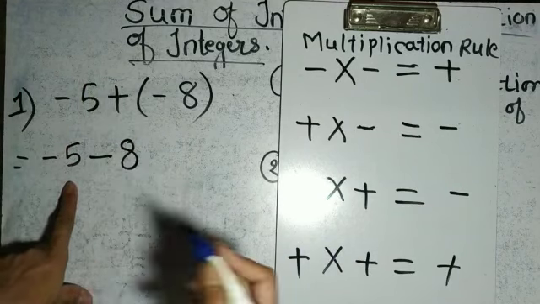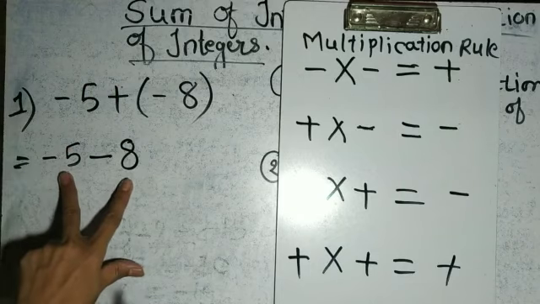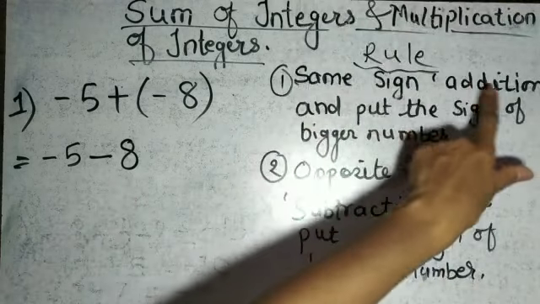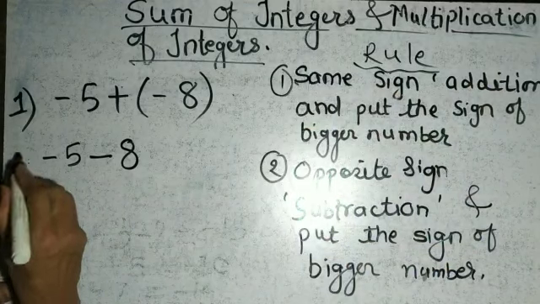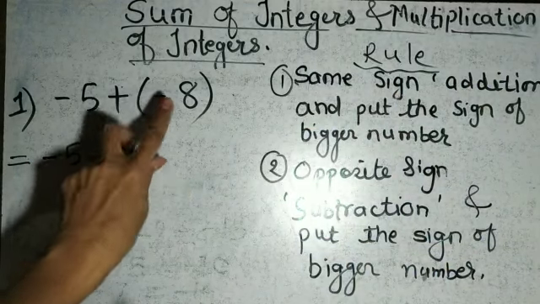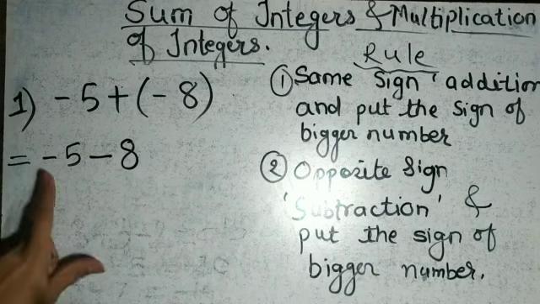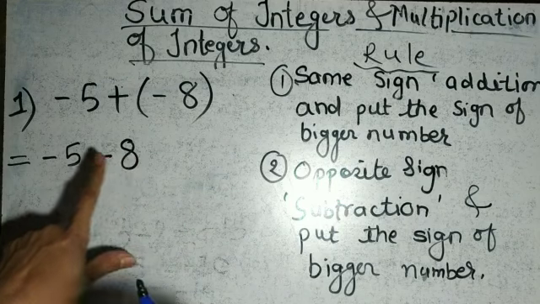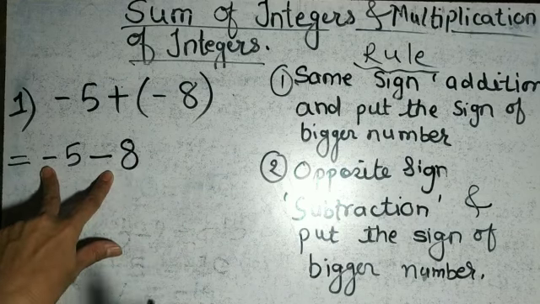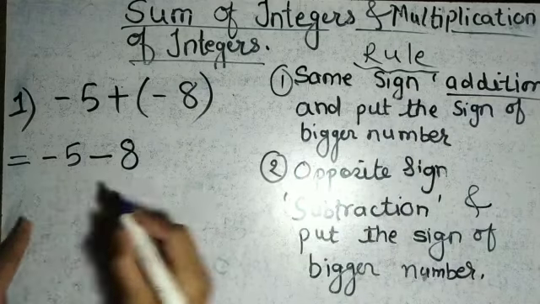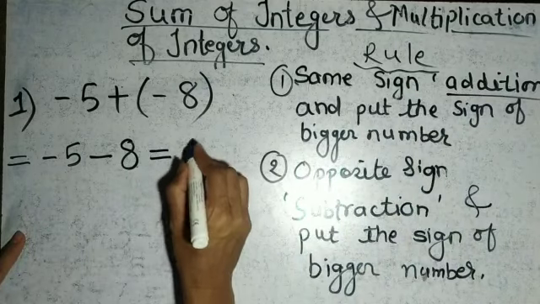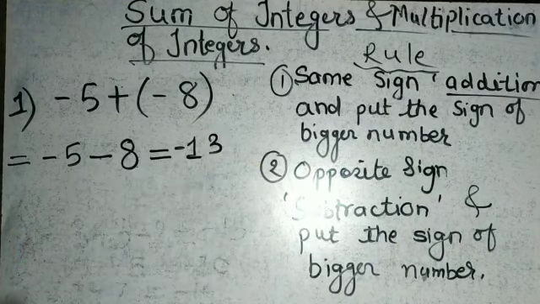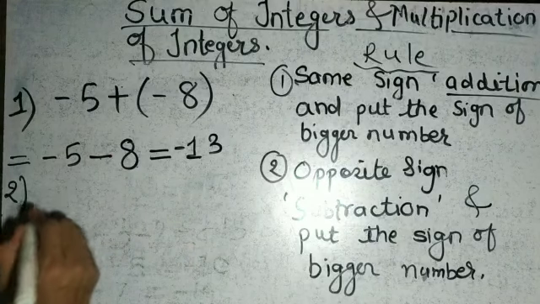Then our next rule is just like earlier. It is the sum of two integers. What are the rules of the sum of two integers? Same sign, addition. Here somewhat confusion was there, but now the two signs are becoming one sign. So there is no confusion now, because both are minus. The next number also has the same sign. If same sign is there, we are doing addition. So just do the addition. What is the addition? 13, minus 13. Put the sign of the bigger number. Are you understanding?